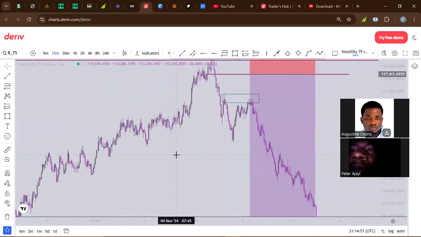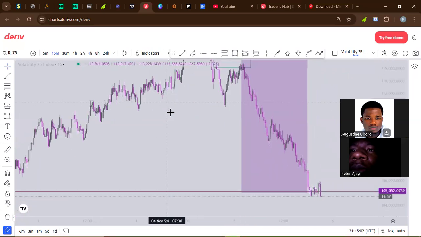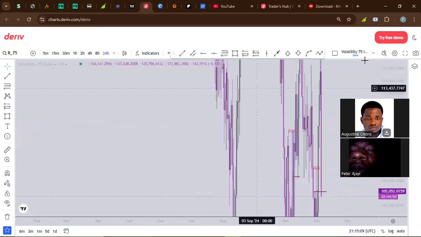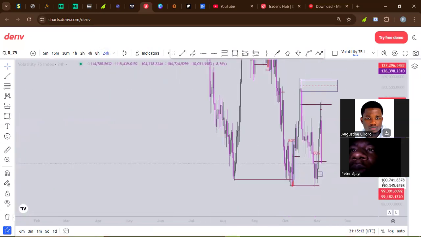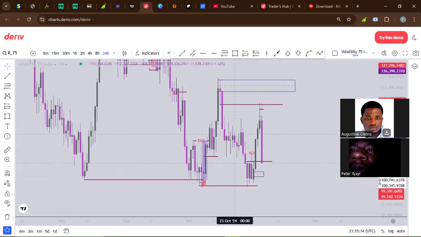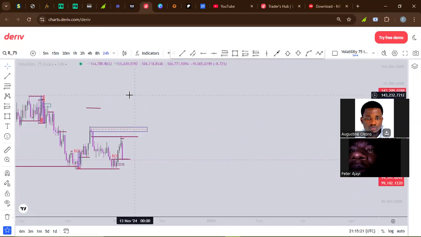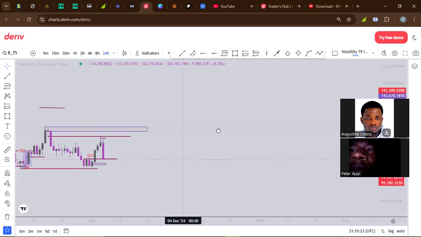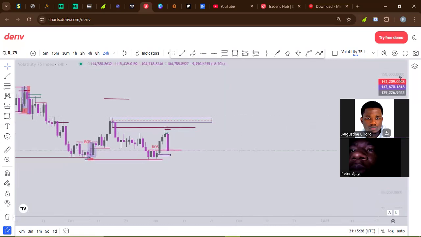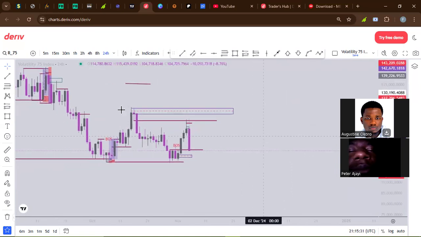So you can see that all my trades are from order blocks. I don't take a trade without knowing the direction of the market. I already know the direction of the market. I already know what the market is going to do. I already analyzed my chart, understanding the downtrend of the market. I know that the market has been moving in a downtrend. So if I want to start trading, I should be looking for an order block getting hit before the market pushes all the way down. Those are the things I will be looking out for.